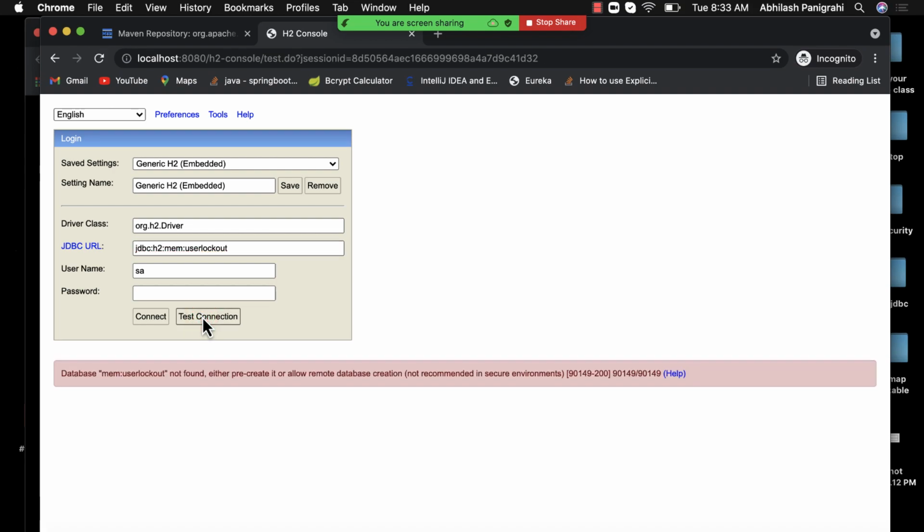But whenever I do test connection, it's saying that either pre-create it or allow the remote database creation. Database is not found, either pre-create it or allow the remote database creation. But one thing that it is allowing, this URL, I'm able to navigate to this URL right now, but the thing is that